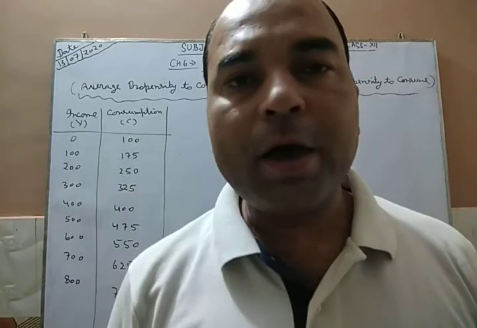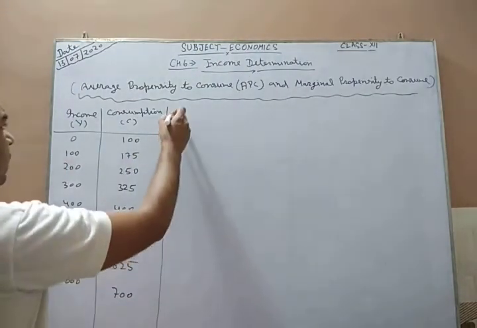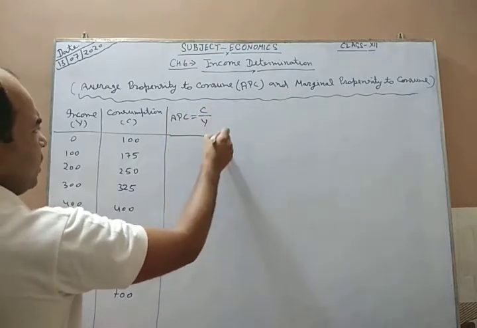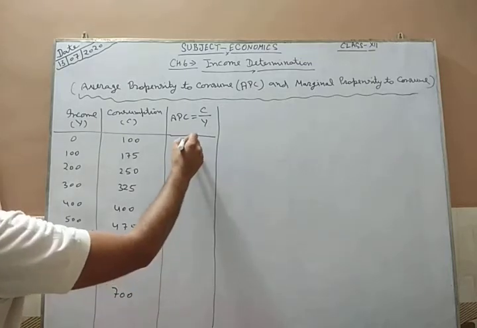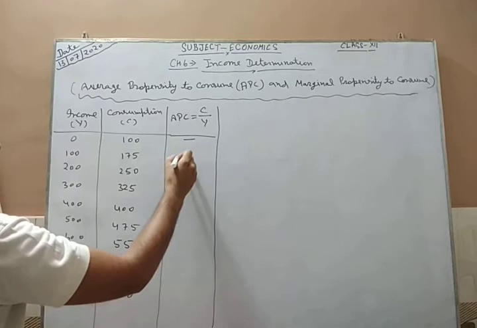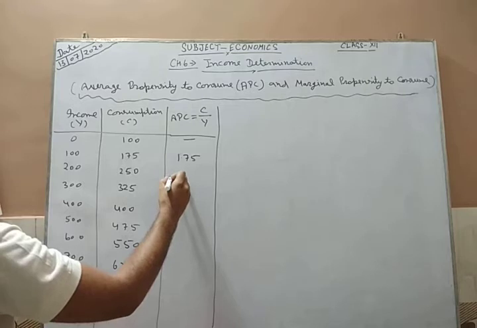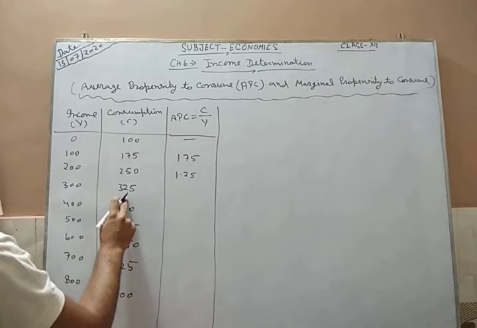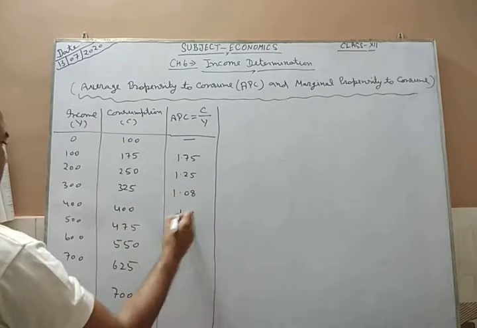Students, with the help of this income and consumption schedule, we can easily calculate APC, because we are aware that APC is equal to consumption divided by income. So average propensity to consume is equal to consumption divided by income. Here we have to put a dash, because it is not defined, then 1.75, then 1.25, then 300 divided by 325, it is 1.08, then 1, then